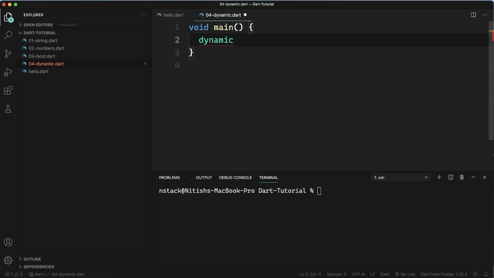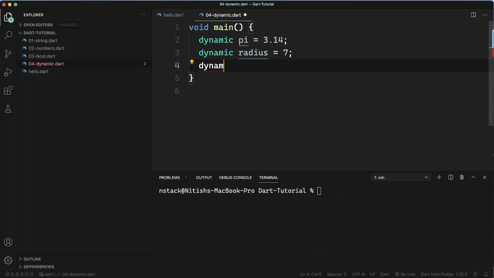So using the dynamic, suppose I define a variable called pi and I store 3.14. You can see I did not get any error. And suppose I define a radius and let's make it 7. Now if I want to find the area, so how do we find the area?